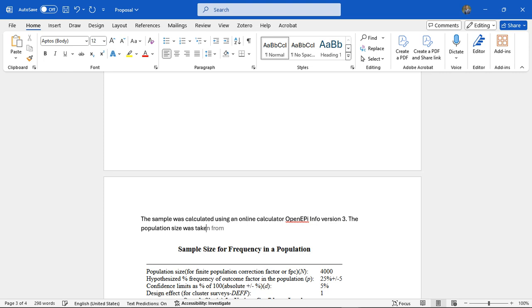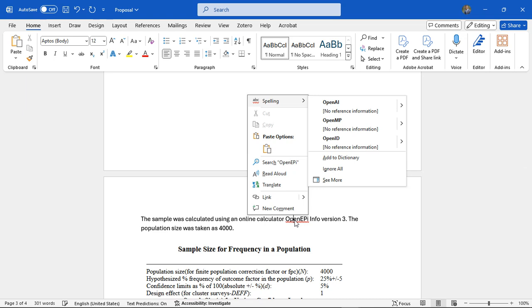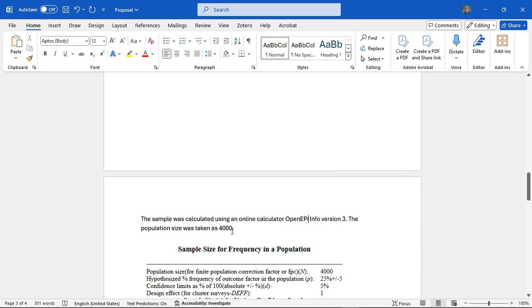And then you're going to say the estimated population size was taken as 4,000. So this has to be cited. Where did you get this information from, that it's 4,000? You can cite this depending on that. You have to search online for the population of medical students. If they tell you, you have to cite that, okay? And then the estimated